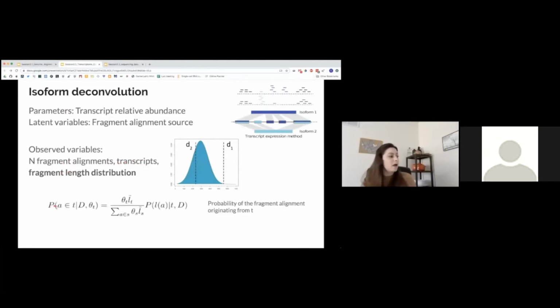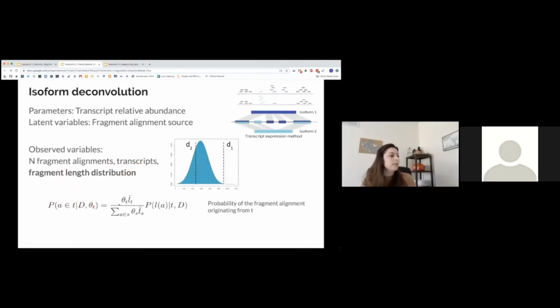So the probability of a given alignment A to originate from transcript T, given the distance distribution D that we calculated, and the parameter, which is the transcript relative abundance,